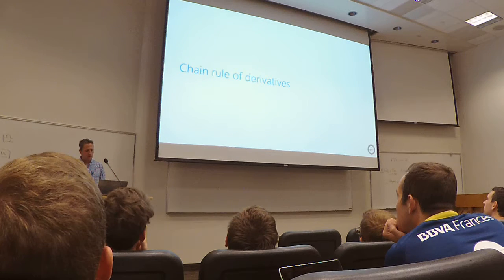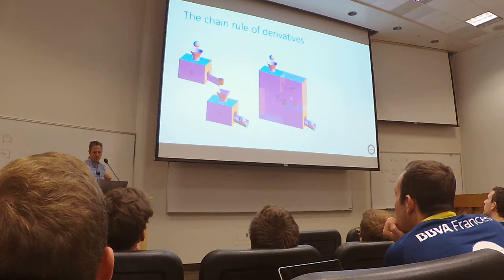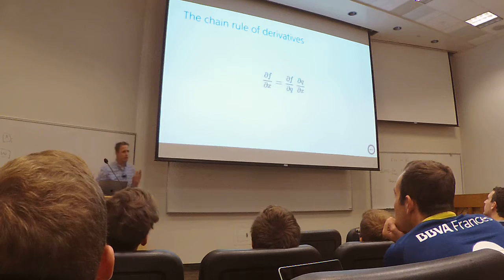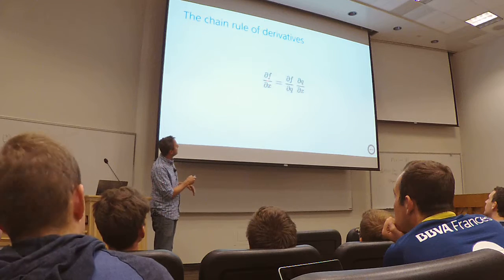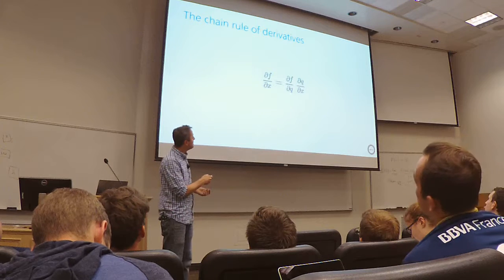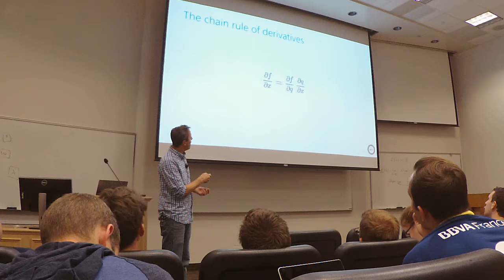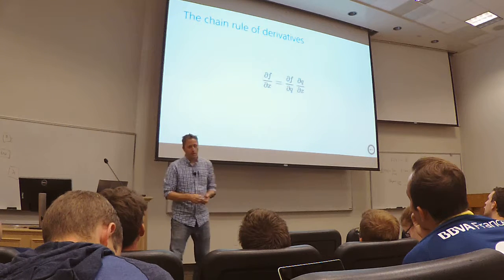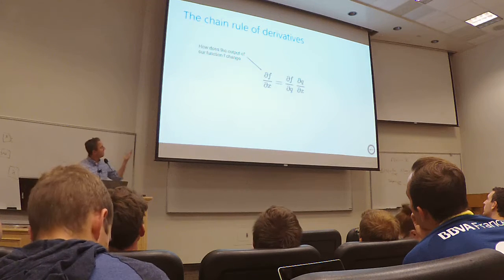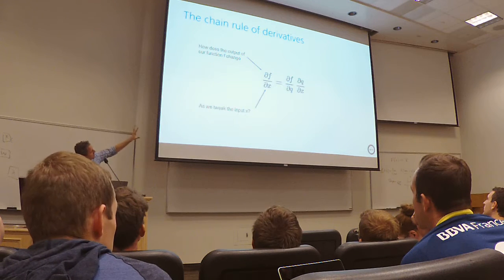And this is because of the chain rule of derivatives. We only have about 1 minute left, so I'm going to skip a couple of the visualizations here. You hopefully remember this, but the chain rule says that if I have some function f and I want to calculate its gradient with respect to x, and there's some intermediate function q, then the gradient of f as it changes with x is the product of the derivative of f with respect to q and of q with respect to x. And I like to think of this as, how does f change as x changes? And then if there's this intermediate thing q, you can have